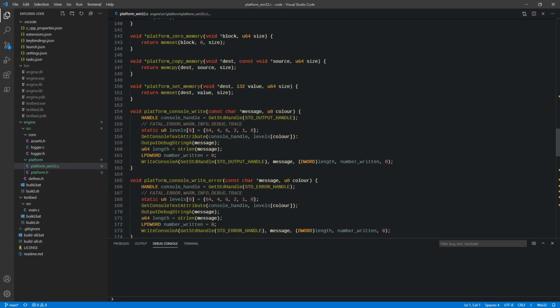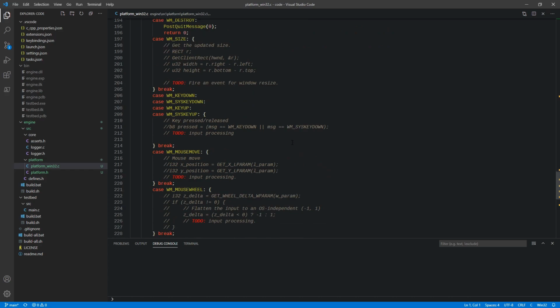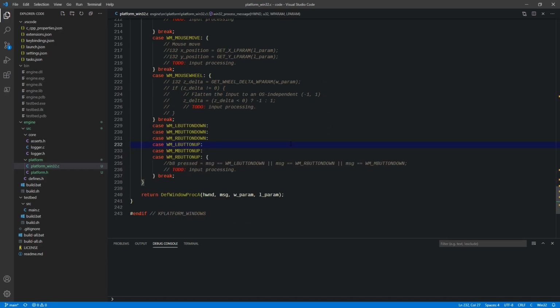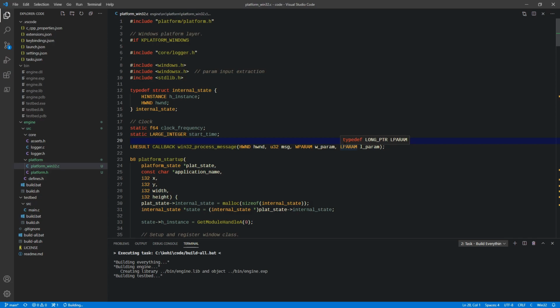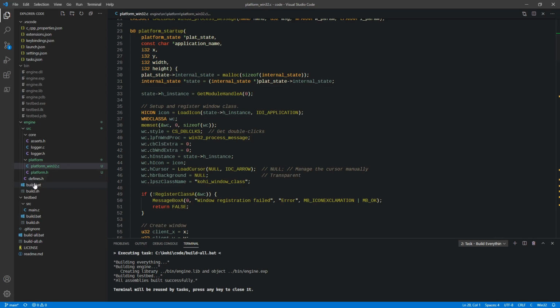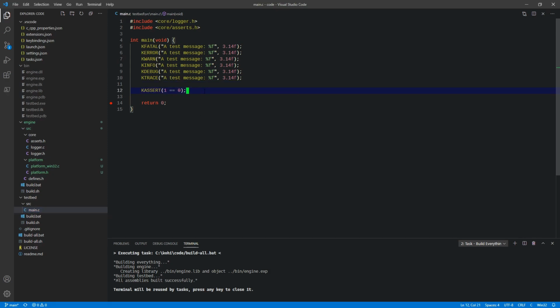So you can see all this stuff is not stuff that we want to have to worry about in the rest of our application. It'll be nice for us to be able to split out some of these things and translate some of the things into a platform agnostic type of data so that we can handle it in our application gracefully. Okay, so let's go ahead and build this real quick. Okay, so that looks good. And we'll go ahead and put in a temporary test. So we'll go to our main.c here. You know what? Actually, before I do that,